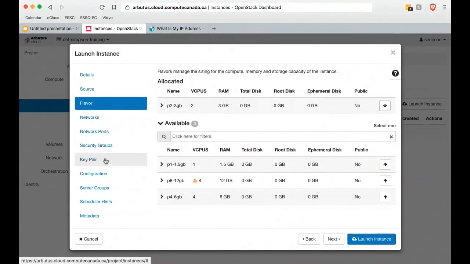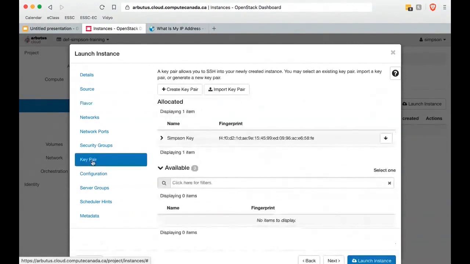The last thing I need to do before I create this instance or this virtual machine is to do what's called creating a key pair. So key pairs are the way that we access the virtual machines. We strongly recommend that you don't do it through passwords. We certainly don't allow you to do it just through passwords when you first create the virtual machine.